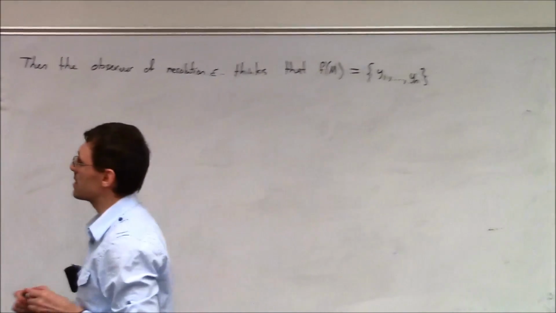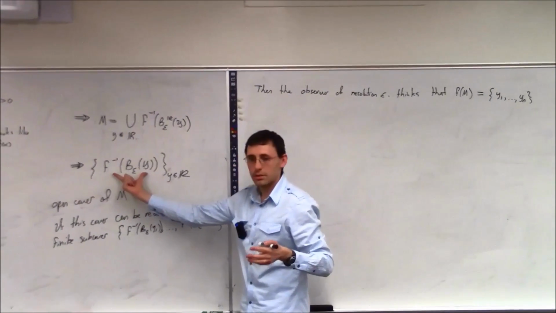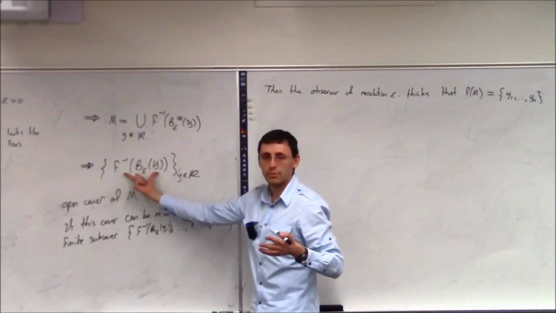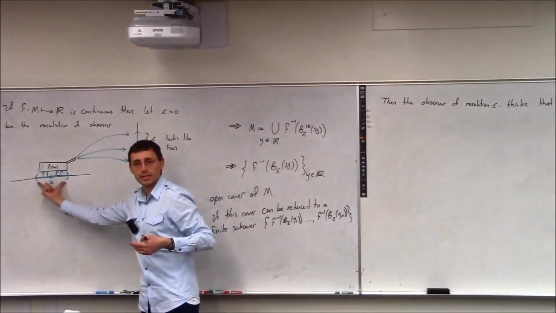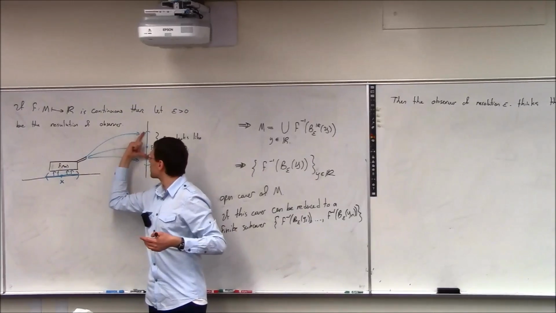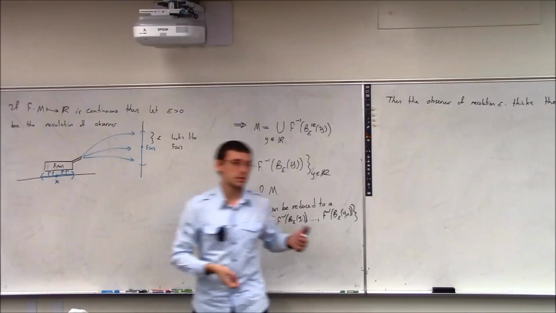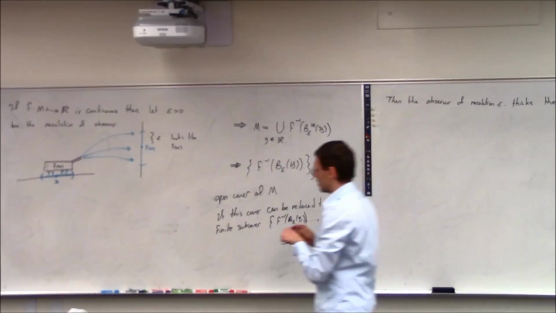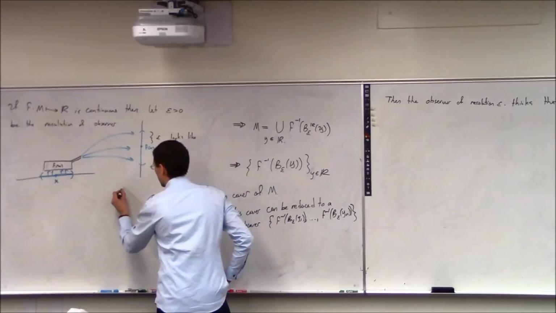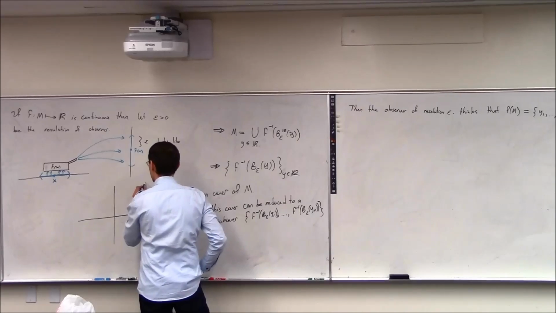That's really why it is important to have arbitrary open covers, because you don't know what the shape of this is. It could be very complicated. I just showed you what happens if you feed a ball of radius delta. But for the pre-image of this interval, there might be many other places that are splashed into the same region, right? So maybe I should draw a picture of that. So if you look at a function like this,